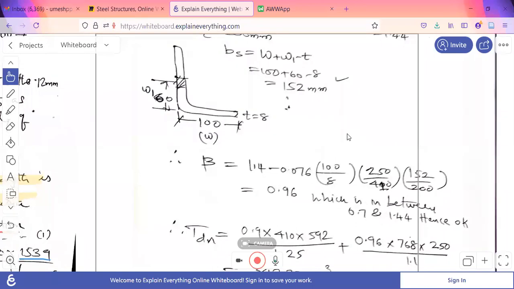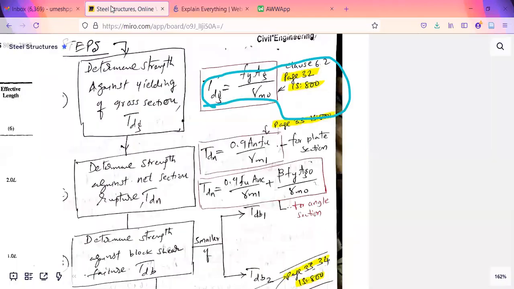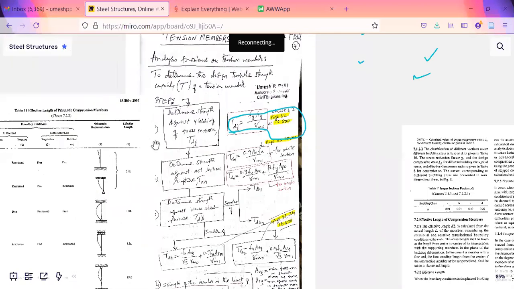So I will do it like this for beta. I will check these notes that I am having here and I'll tell you what it is. Formula for beta, if you are having that code book, you can see that one. Otherwise I will try to open that page also, because it is an important calculation now. I'll try to open that page and I'll tell you what it is. So you need some patience here.